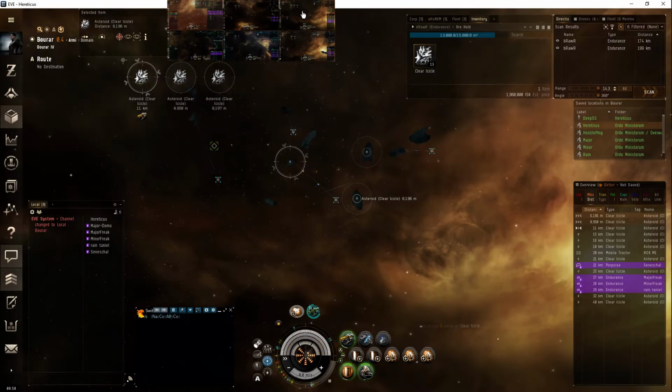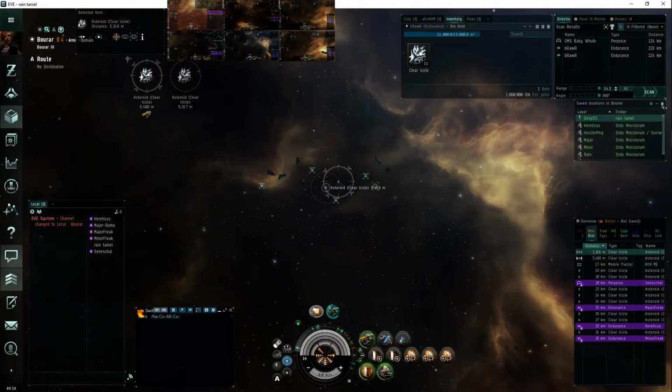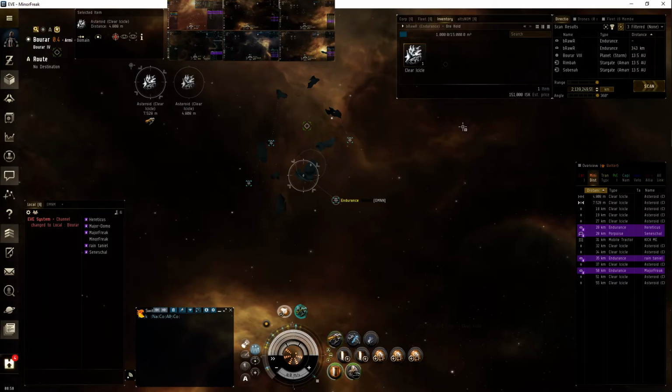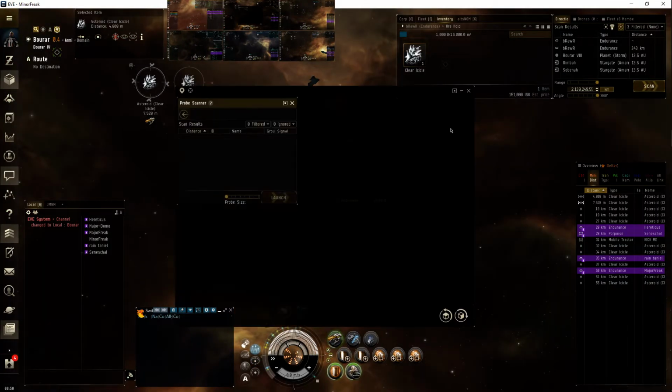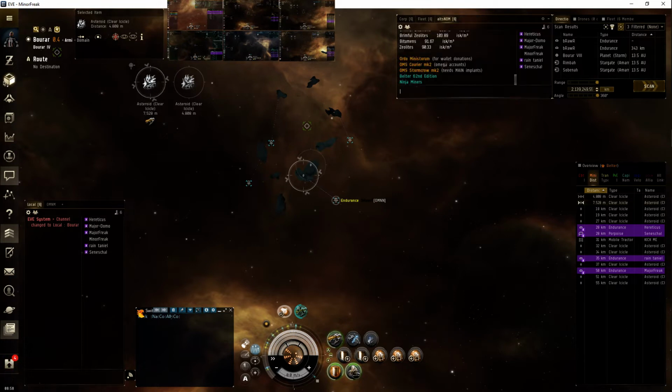I've also changed something, I'll show this for you. So normally, as you'd see me in past videos, I think it's Alt P. Is it Alt P or Alt B? No, that's the probe scanner. I think it's Alt B. Or is it Alt C? No. Anyways,